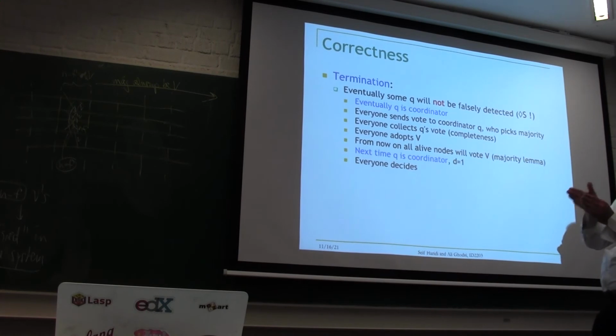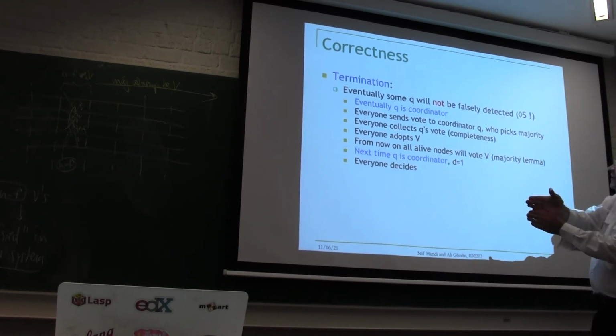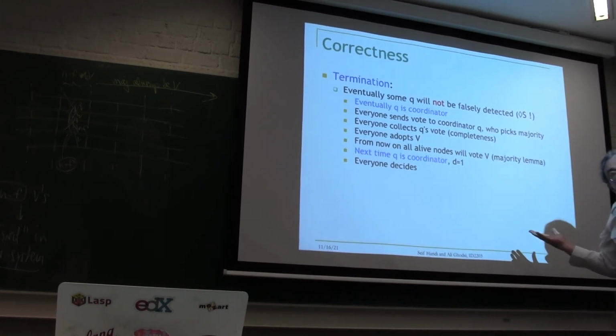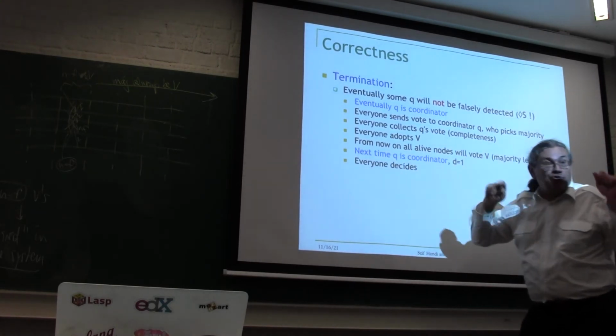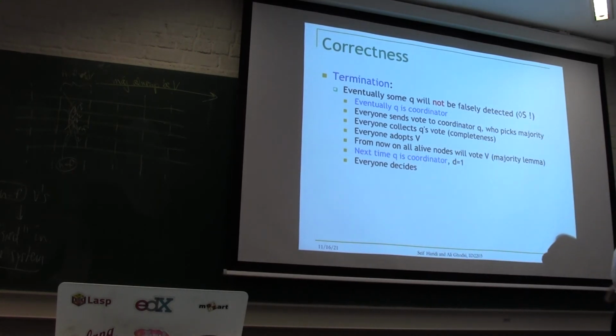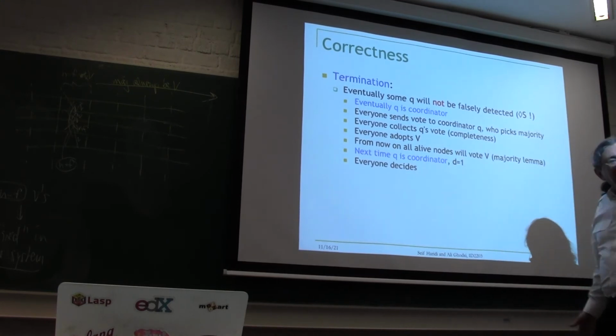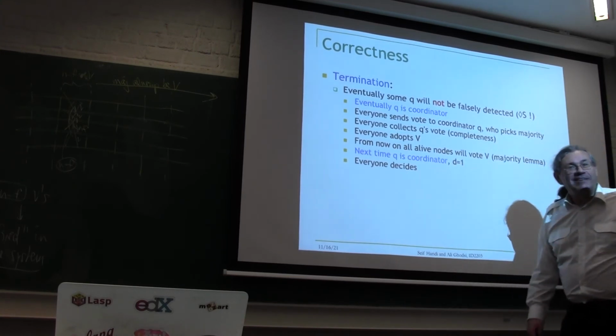But the next time around, when Q is coordinator again, so you have to go all the way around. Why do you have to go all the way around? Well, maybe you don't. Maybe it happens in the middle. But you're never sure, because you can always have mistakes. The nice thing about Q is you're sure there's no mistakes. So for sure, when you hit Q again, you will only receive the same value. Only all zeros or only all ones in the n minus f's, and then you're done. So you see how it works? And then you can decide. So we got there.